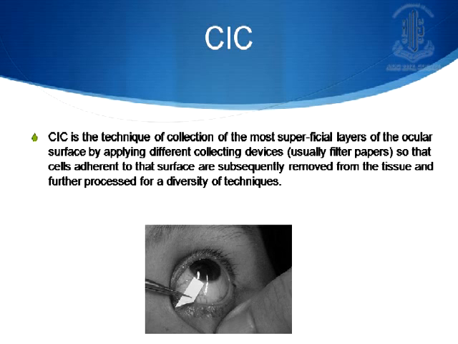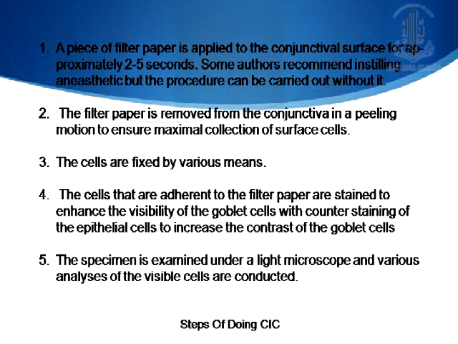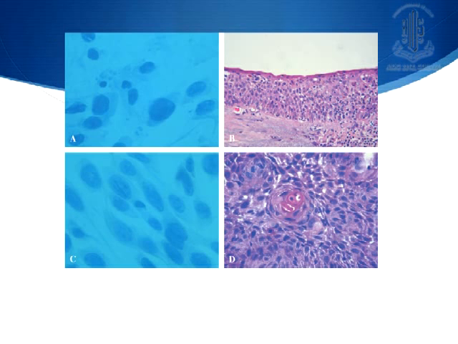ocular surface. A most non-invasive way in which you use a filter paper. These are the steps to it: you take a filter paper and then you press it over the conjunctiva, and then the cytopathologist passes it through various fixatives, and then it is evaluated in a light microscope. These are the various types of conjunctival cells which might look like these on the cytology. This is an example of the same, and on the left hand side is the cytology and the right side shows the histopathology of the squamous metaplasia. So it can indirectly give you an idea of the underlying condition in a very non-invasive way.